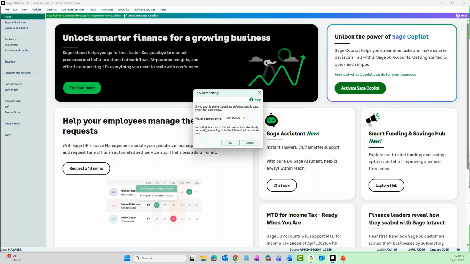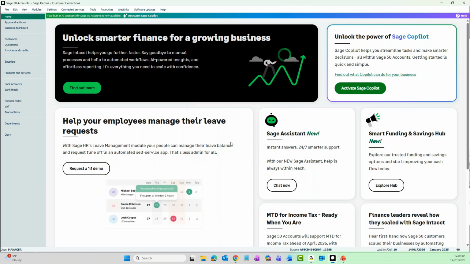Okay, and it says all dates prior to this will now be locked and only users with access rights to lock dates will be able to post. So I'm going to save that just by clicking OK, and that's my lock date set. So we'll have a look at posting a transaction into that lock date just to see what kind of message that we get up. So if I go into bank accounts first of all,